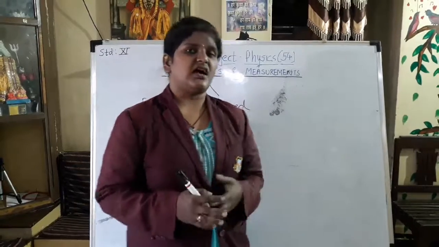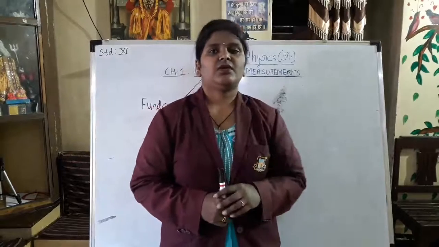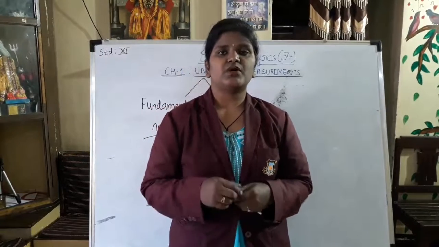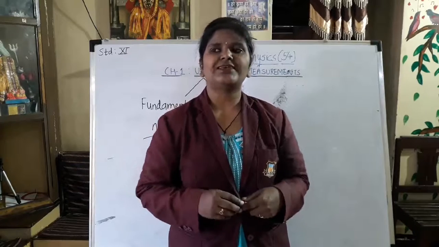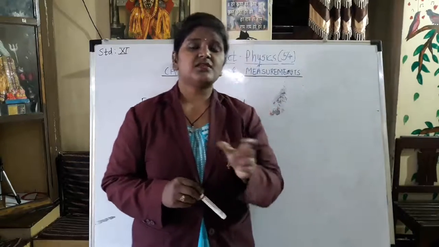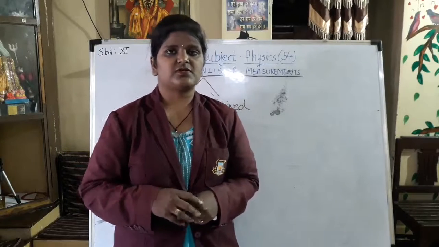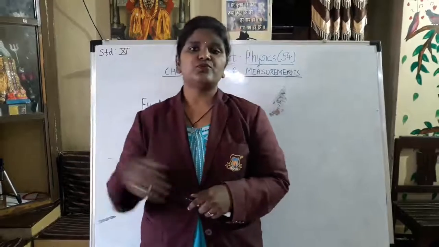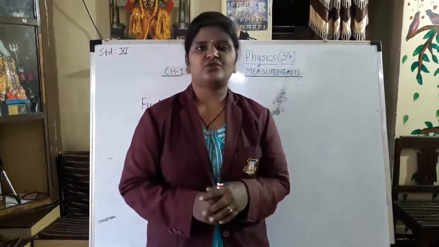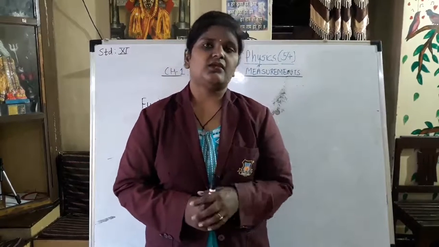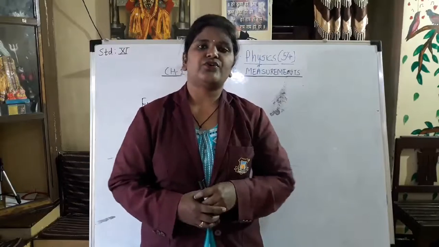Then in the last part, that is today's part, we have seen significant figures. Significant figures are the digits which carry some certain value while calculating any measurement. We have to follow some rules to write significant figures, and we have seen many rules. It should be written in the form a into 10 to the power n, where a lies between 0.5 and 5, that we have seen. What is n? n is the order of magnitude.